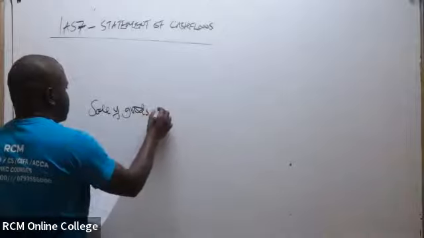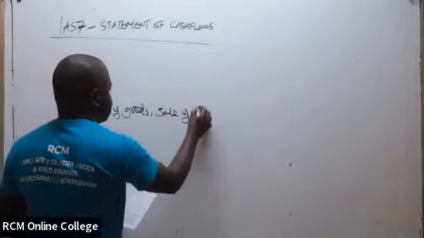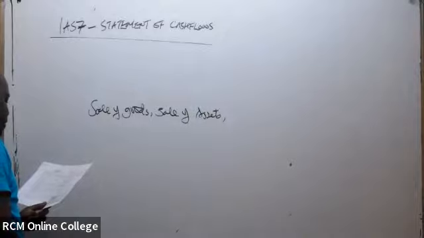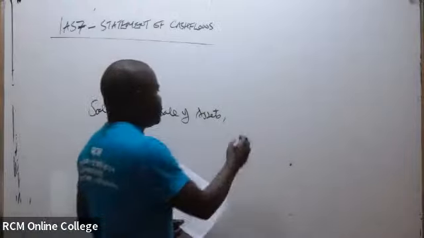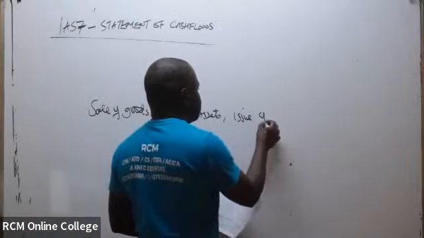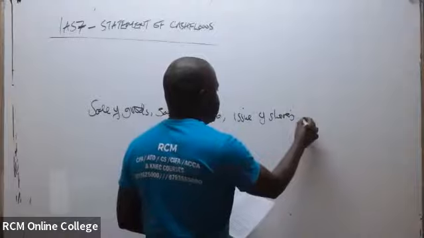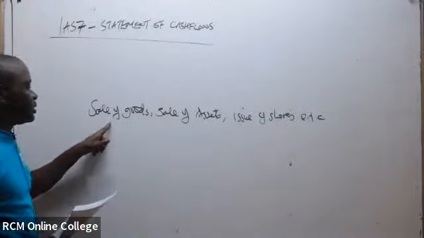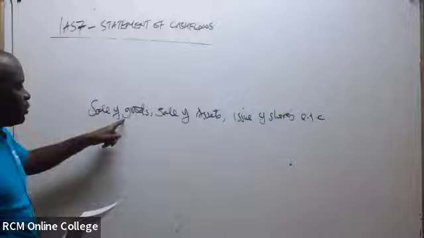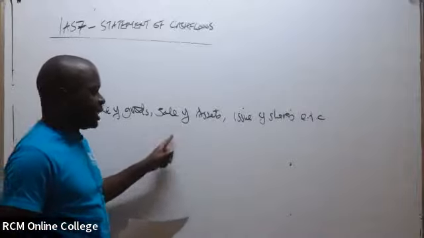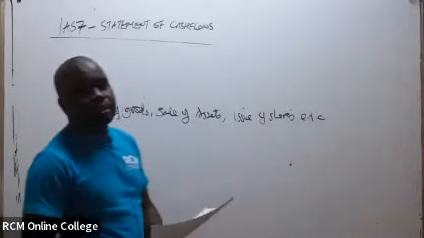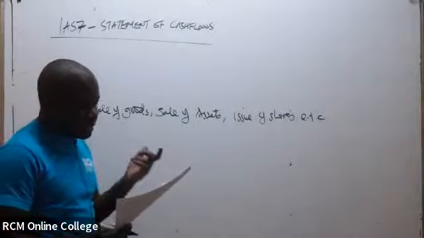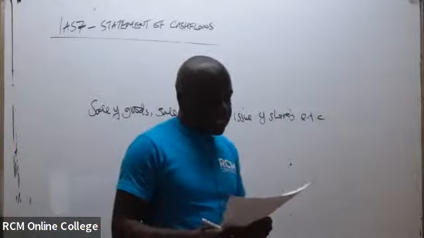e.g. sale of goods, sale of assets, issue of shares, etc. So whenever these happen, you get money. Sale of goods is the trading activity of the business. You sell your goods, you get money. You sell your assets, you get money. You sell shares, you get money. So that basically will be a source of cash in the business. So on one side, you're having the sources of cash